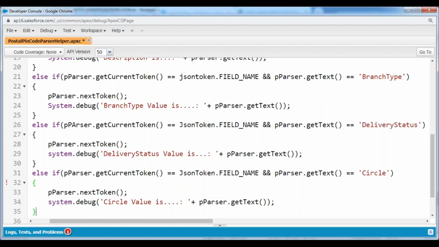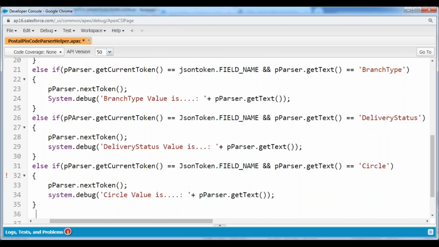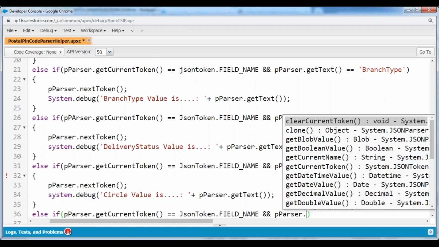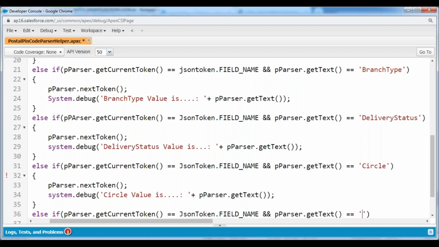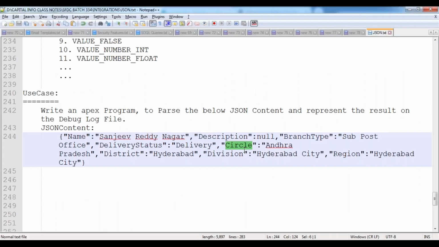And then else if parser.getCurrentToken() equals JSONToken.FIELD_NAME, and that too if this token text value equals district, I would like to collect the district value here. If it is equal to district, then I would like to move the cursor to the next token,